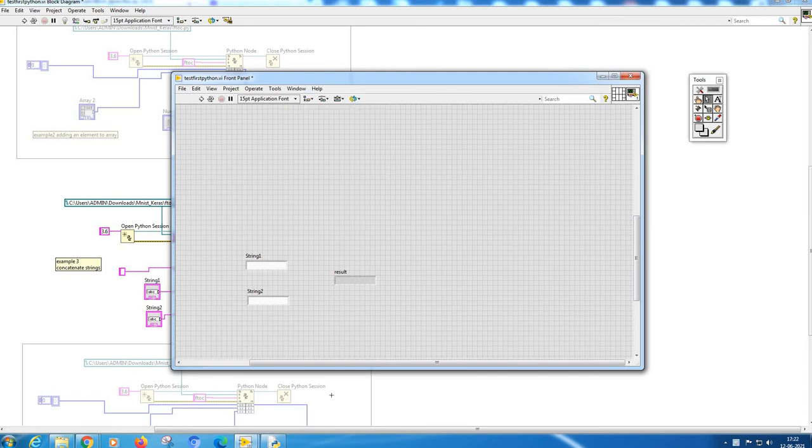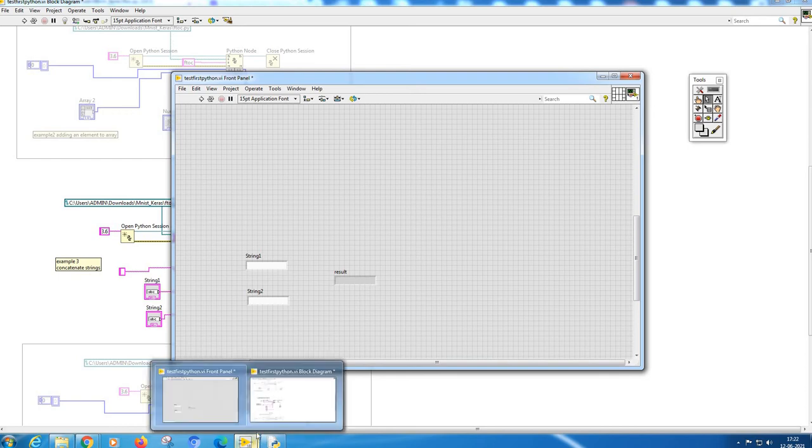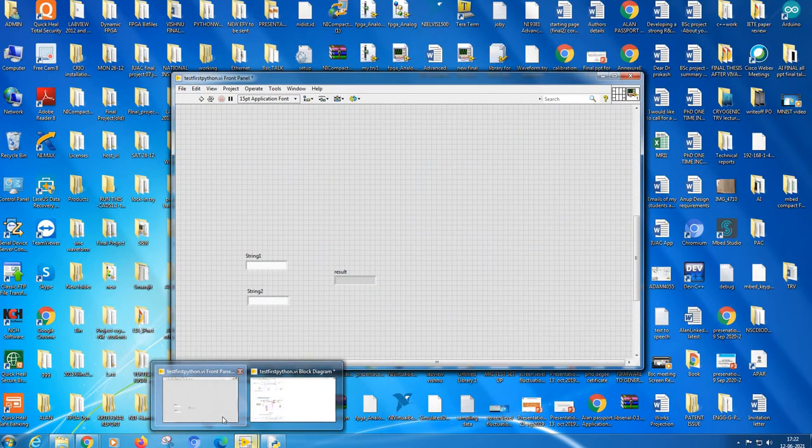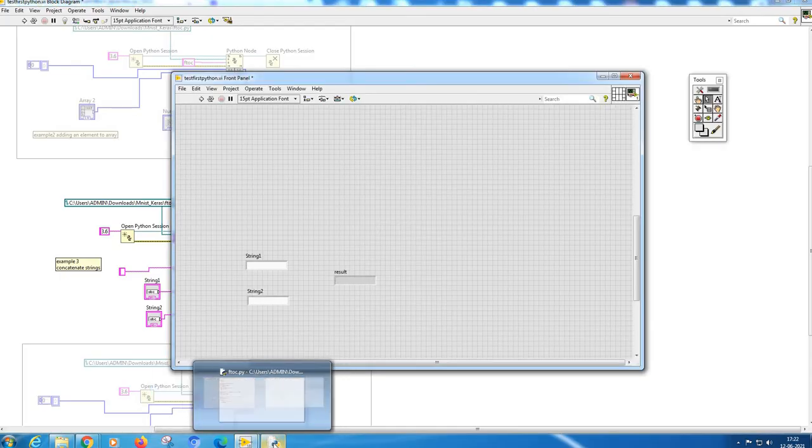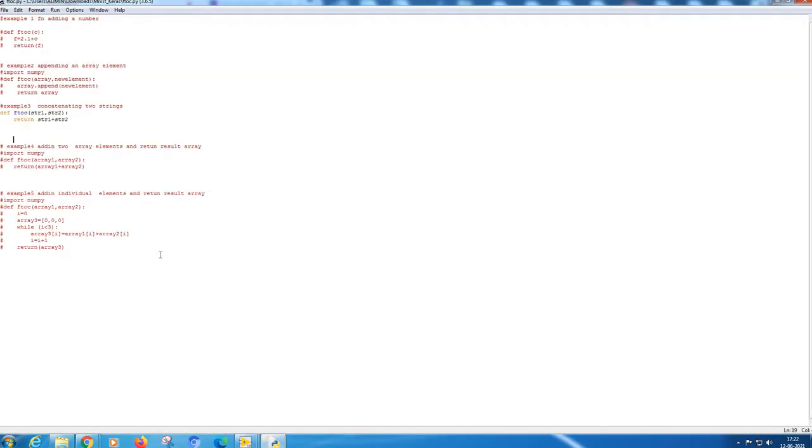This is something you can freely download, LabVIEW version 18, and even a higher version is okay. Now this is your Python program. You can simply open a text editor, and I have it in the folder C users admin downloads, mnist_keras f2c.py. I am using Python version 3.6, and I have already typed the program.